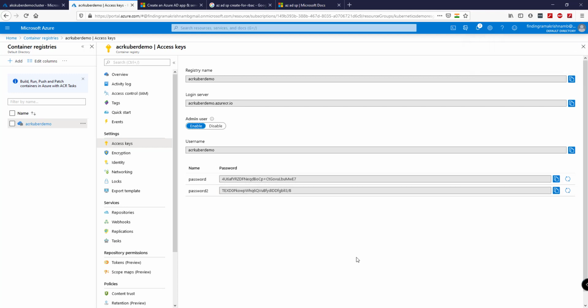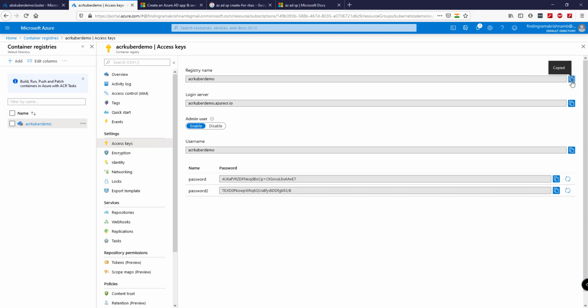So let us log in to this Azure Container Registry through the Visual Studio Code terminal. You can check out my Docker series, video part 5, for the steps to push the Docker image to Azure Container Registry. In that I have explained in detail how to use Docker login for the Azure Container Registry and push the image to ACR, etc.